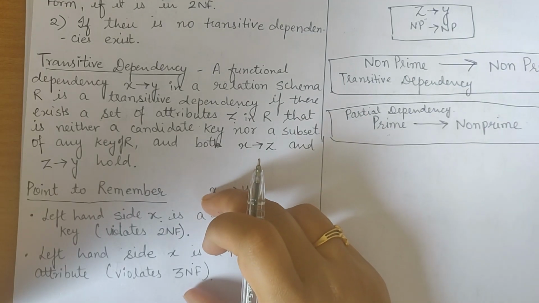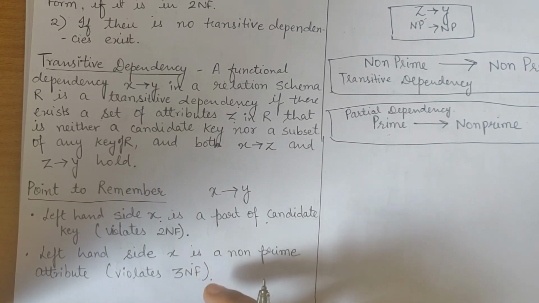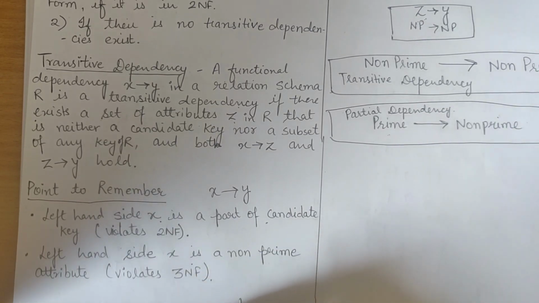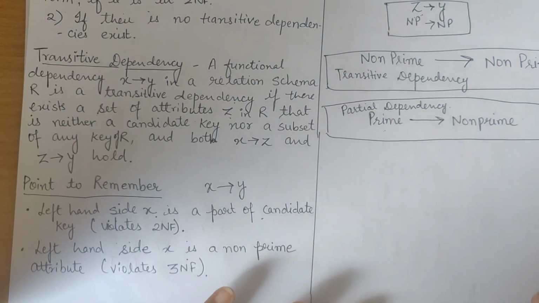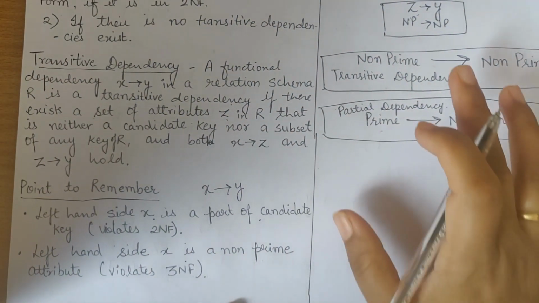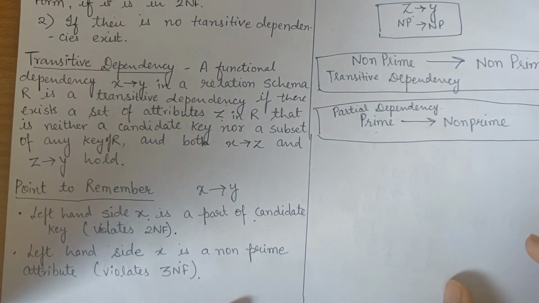So the point to remember for 3NF, these 2 points are there. If on the left hand side you are getting a prime attribute, it is violating the condition of 2NF. If on the left hand side you are getting a non-prime attribute, it is violating the condition of 3NF. Okay. Now understand why we have this problem, why this transitive dependency is creating a problem, and why we need 3NF